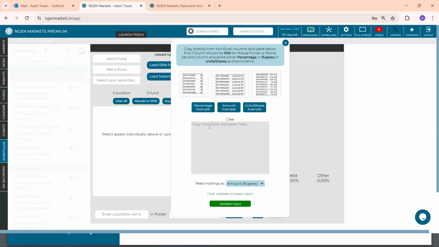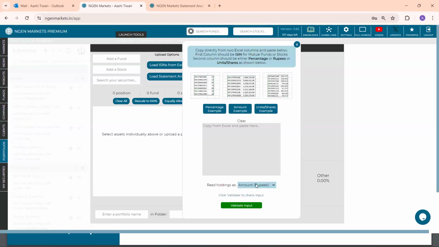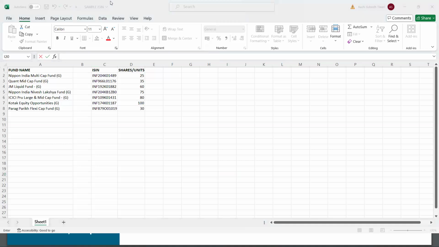Now, there are two basic details that are required. The very first column should be the ISIN and the second one should have the holding either in terms of percentage or in terms of amount or in terms of unit. So I have a sample ISIN along with its unit. I will copy